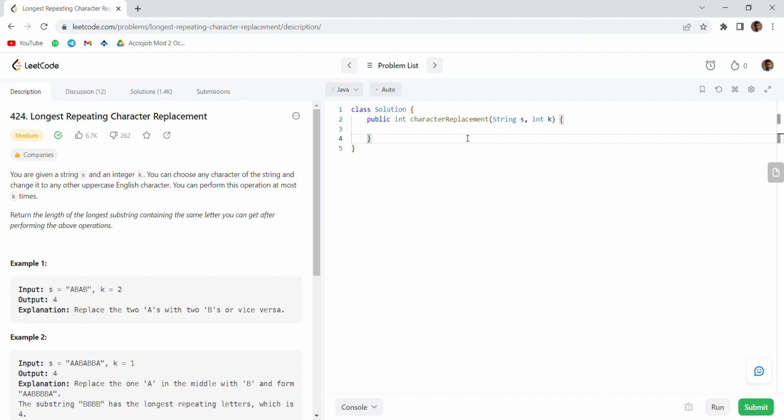For this we will be using the concept of the sliding window. We will put our start pointer and end pointer at the same place at the start, and then we will increment our end pointer. Now the start pointer will be at 0 and the end pointer will be at b, that is 1. And we take the total occurrence of the character count of a and compare it with the length of the